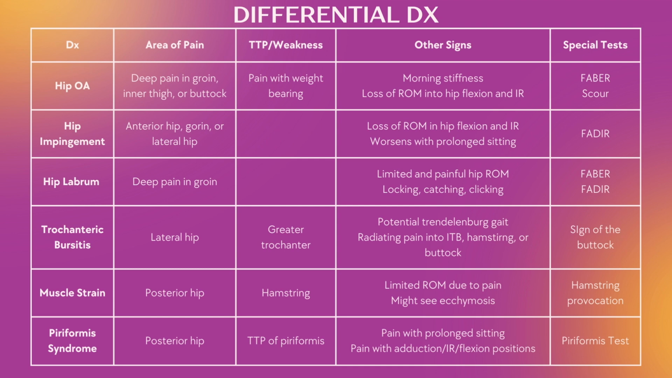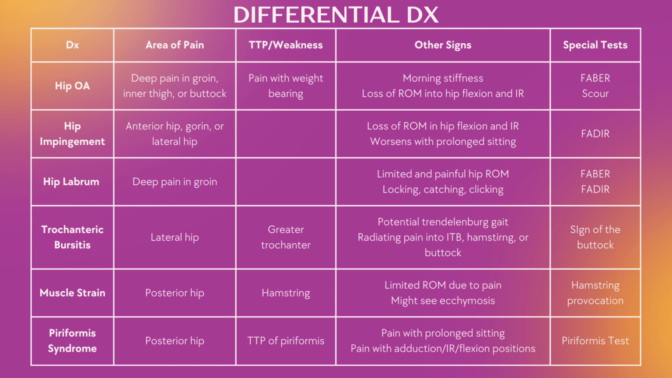Hip labrum is going to be deep pain in the groin, which is similar to hip OA. Also, FABER is similar, but we're going to be looking more for the locking, catching, clicking signs that they report, or also looking at their age, which is not in this chart, but a labrum tear, if it's due to trauma, will be in that younger female athlete. Trochanteric bursitis is going to be that lateral hip where the glute tendon is tender to palpate over